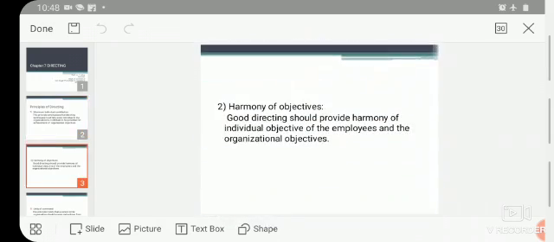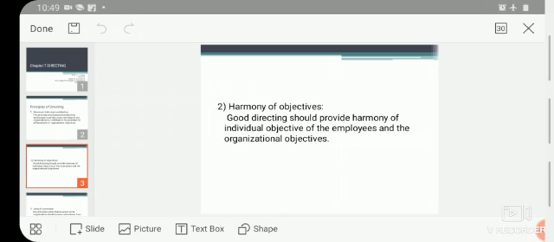Next one, harmony of objectives. This is the second principle of directing. Right. Individual objectives of employees and organizational objectives are understood to be conflicting with each other. That means employees' objectives are different from the objectives of an organization. But each party, employer as well as employee, can fulfill their objectives by fulfilling